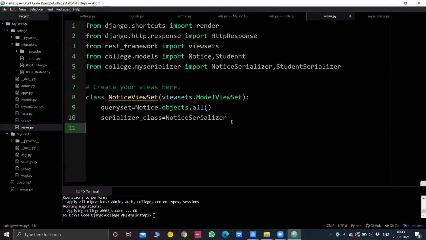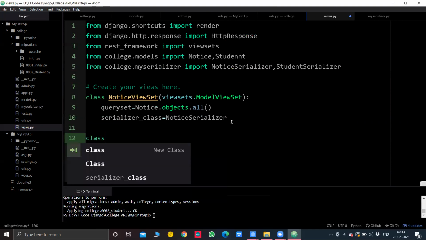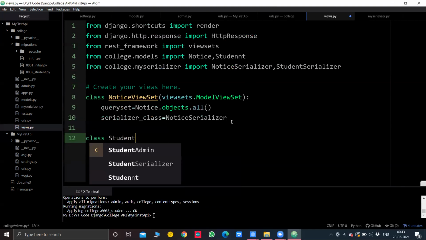And now one more, we'll create a class StudentViewSet.